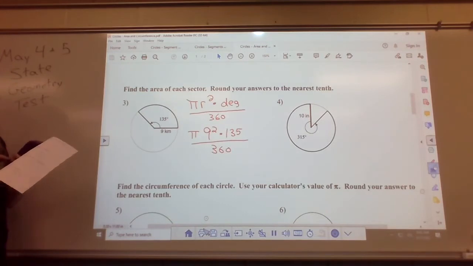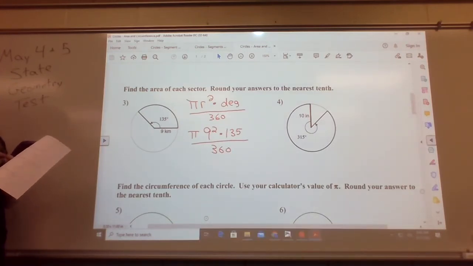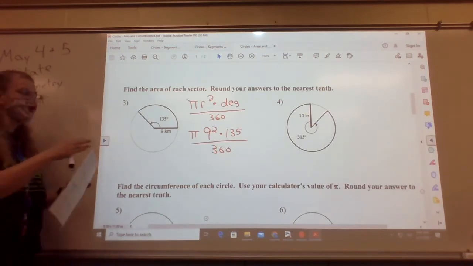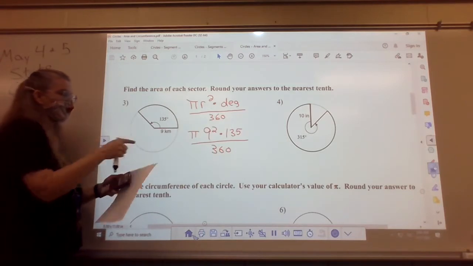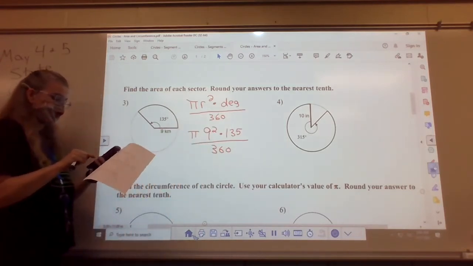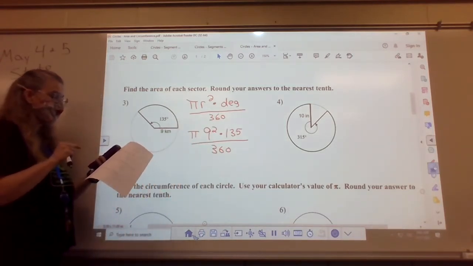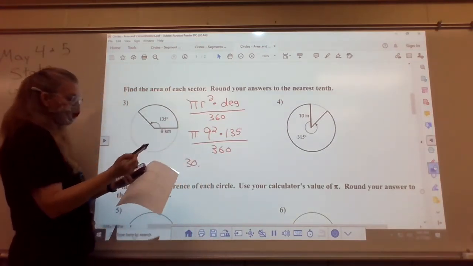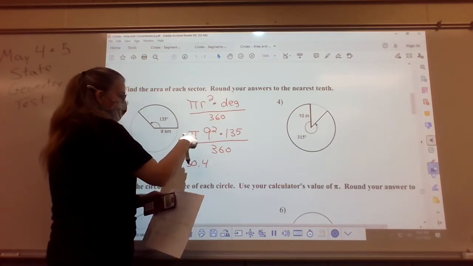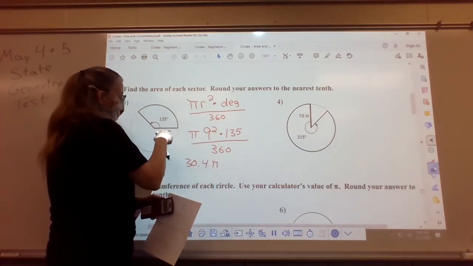So in my calculator, I'm going to go 9 squared times 135. I'm going to go ahead and hit the equal button because that's everything on top. Then I'm going to go ahead and divide by the 360. Hit the equals again. And I get 30.375, but I'm just going to write the 30.375 pi, because pi is still there, kilometers